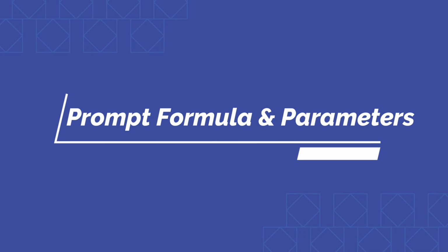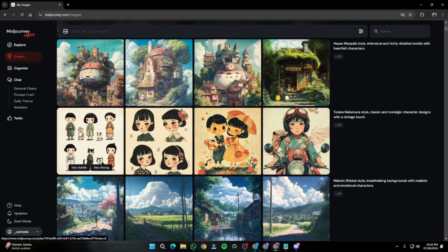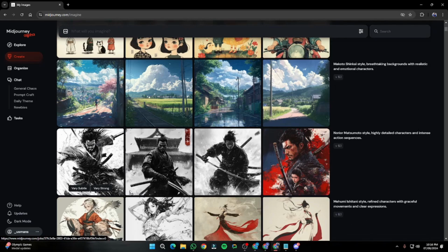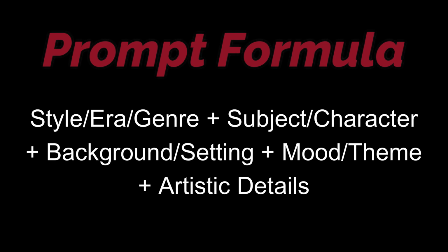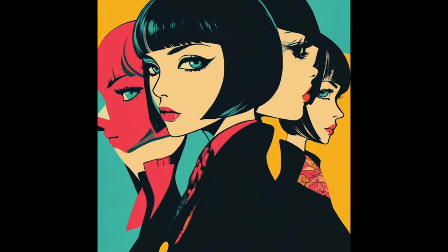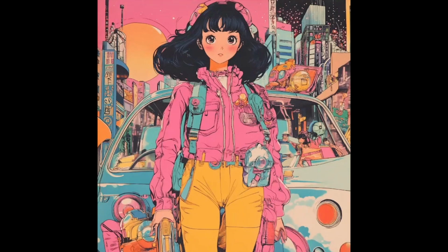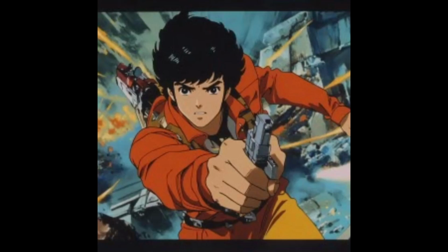Alright guys, so first of all, let's discuss the prompt formula and important parameters that you need to know in order to create amazing anime in Midjourney. The prompt formula is really concise and to the point. You first describe your style, era or genre, and then you can describe your subject character, like their appearance, clothing or pose, and then the background, setting, then mood or theme, and then a few artistic details, right? So that's it. These important things in your prompt will generate amazing anime characters and anime scenes for you